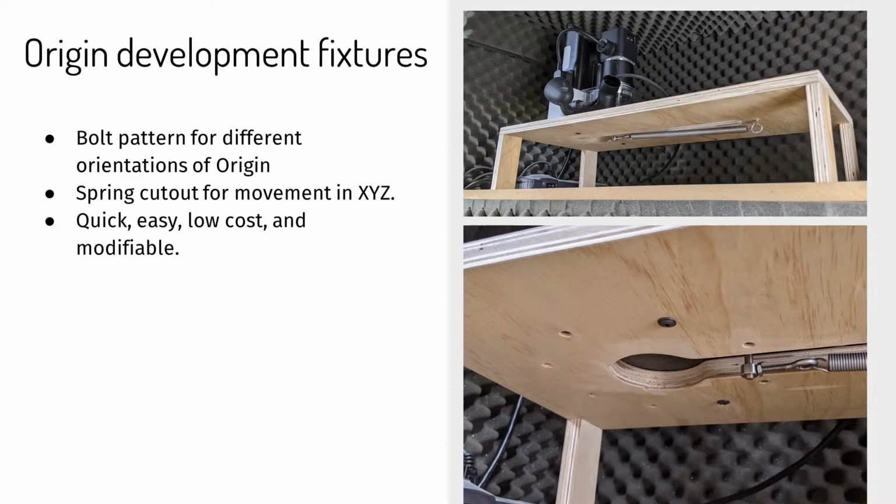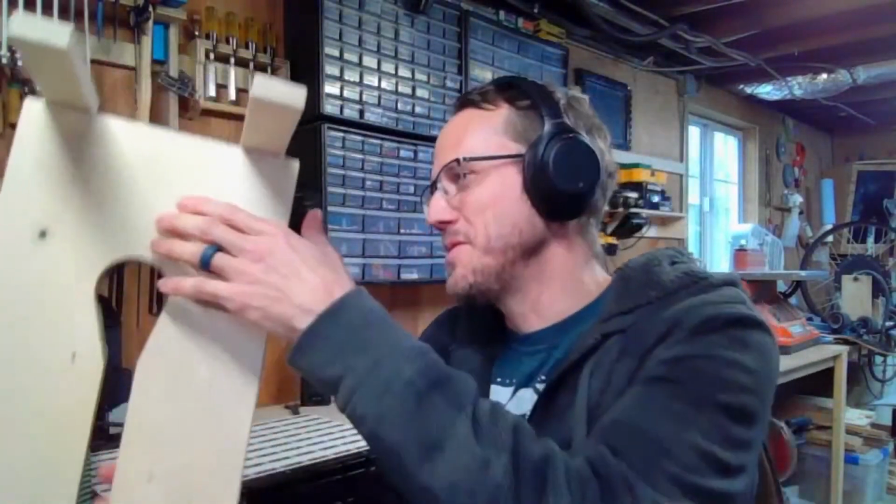So, we can implement this type of fixture that we can continue to iterate on or change. It's modifiable, being made out of wood. This spring I've got mounted on here, I can move the mounting bolt wherever I want by just drilling a new hole. Origin, this is a whole family of fixtures that we make in development. I don't have any more to show here. This is just one example, but we have literally dozens of these we have made over the years in the